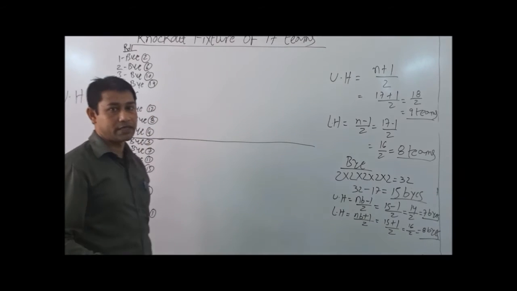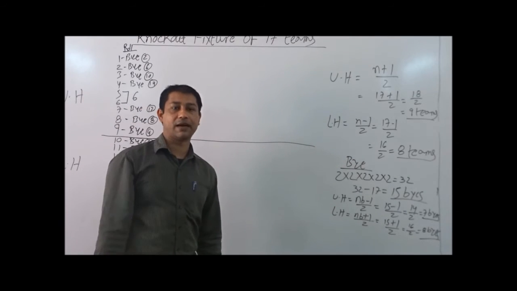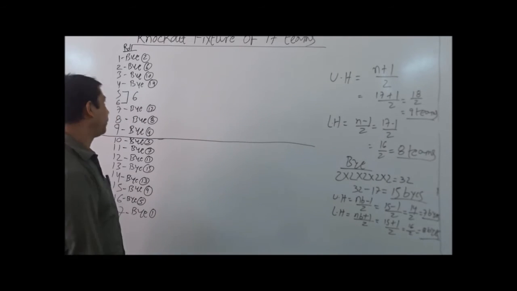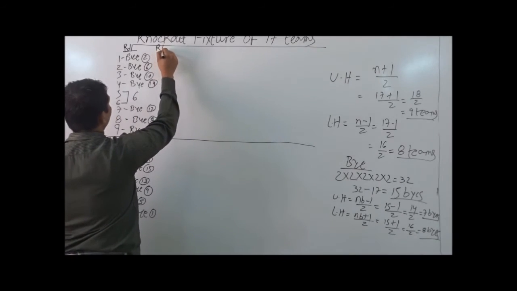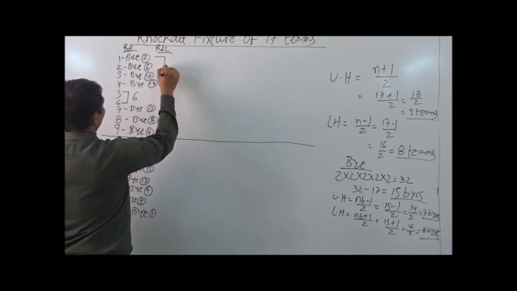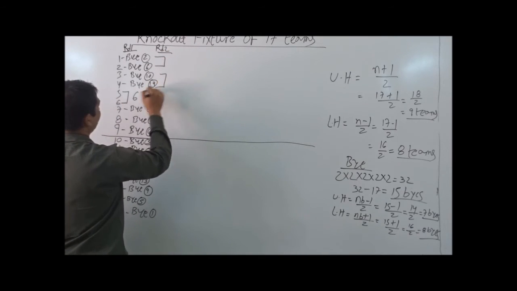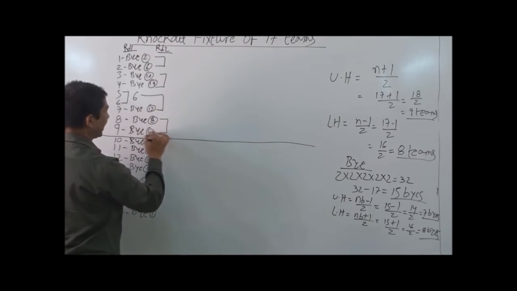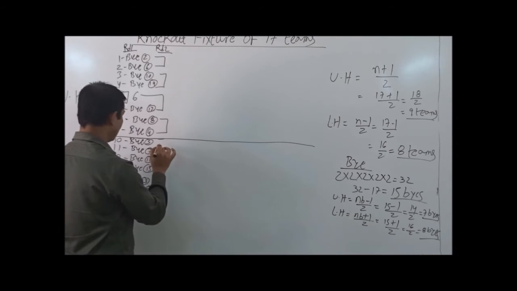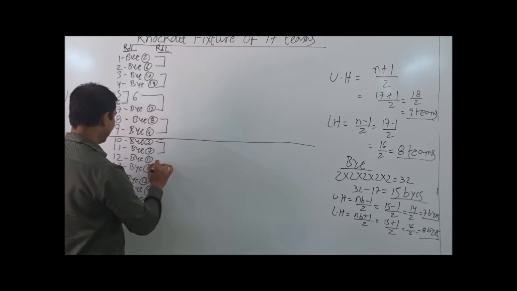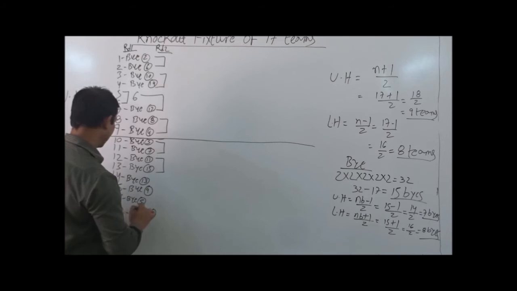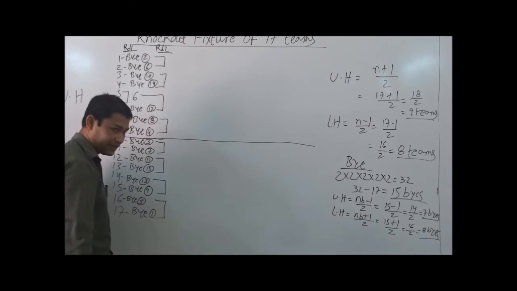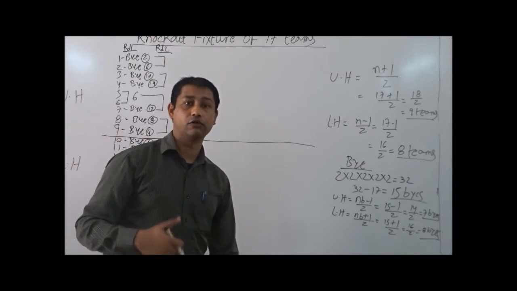From round 2 onwards, all the teams which have got bye along with the winner of round 1 will start playing. Write down round 2 on the top. 1 will be playing with 2, 3 will be playing with 4, 6 will be playing with 7, 8 and 9 will be playing with each other. Simultaneously, 10 will be playing with 11, 12 will be playing with 13, 14 will be playing with 15, 16 will be playing with 17. Now we need to find out winners.